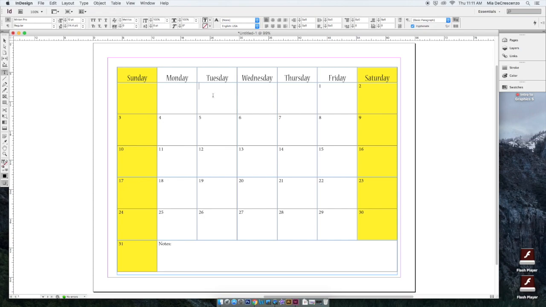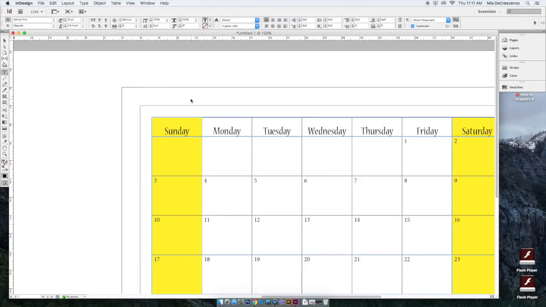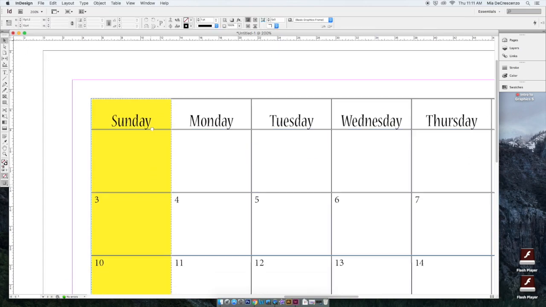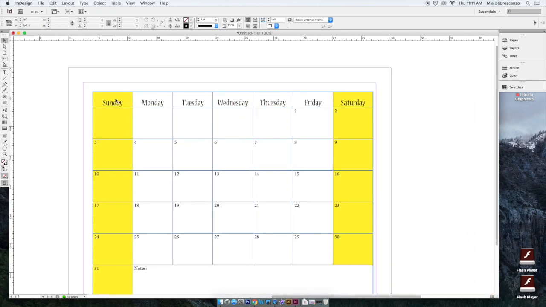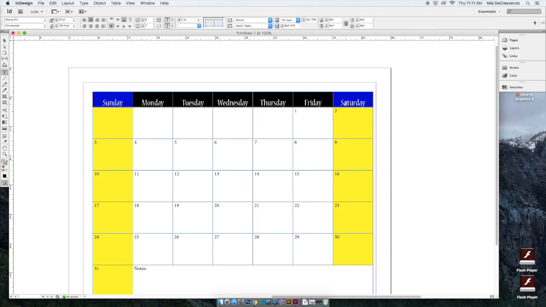The other thing that you can do is you can change the stroke's weight and type here. So I can make the stroke, I'm zooming in, I can make the stroke dotted instead of lines. I can also change, so I have to go back to my type tool to highlight this. I can change where I want a stroke. So this little box right here is like a preview of the stroke that's around my cells that I've highlighted. And I can click on or off these boxes